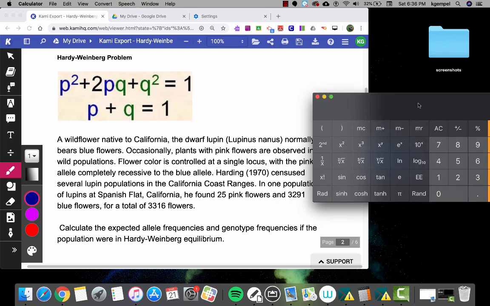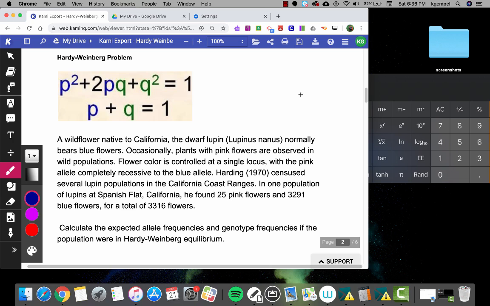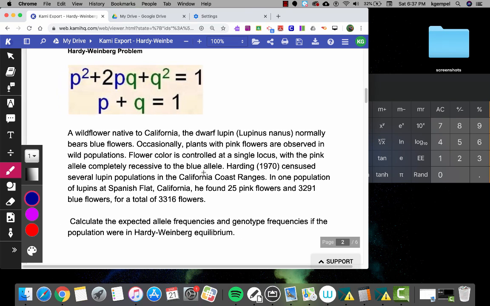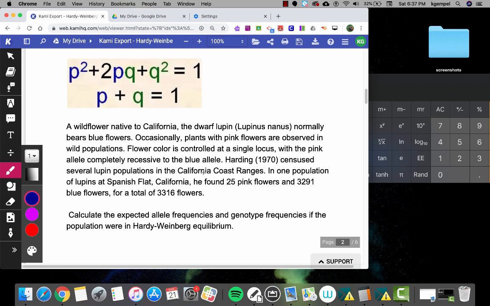Okay, so this problem looks like it's not going to be as easy mathematically to solve, but we'll give it a go. There's a wildflower in California called the dwarf lupine, and it normally has blue flowers, but occasionally you'll see pink flowers in the population. And it's controlled by a single gene where pink is completely recessive to blue. In a census of this population, they found that there were only 25 flowers out of